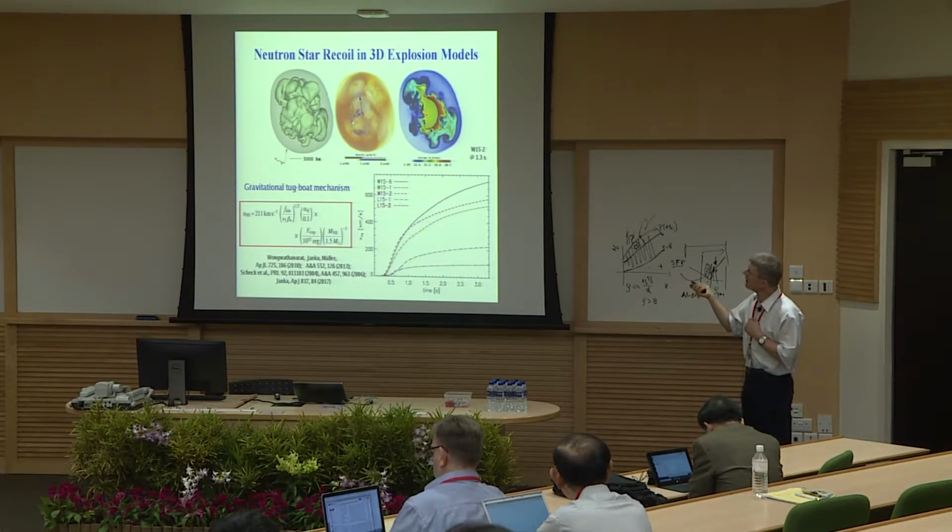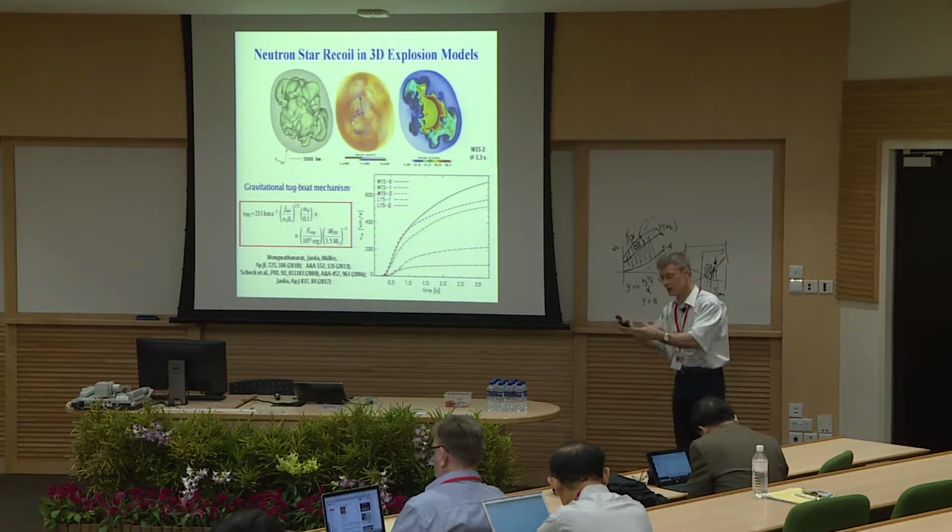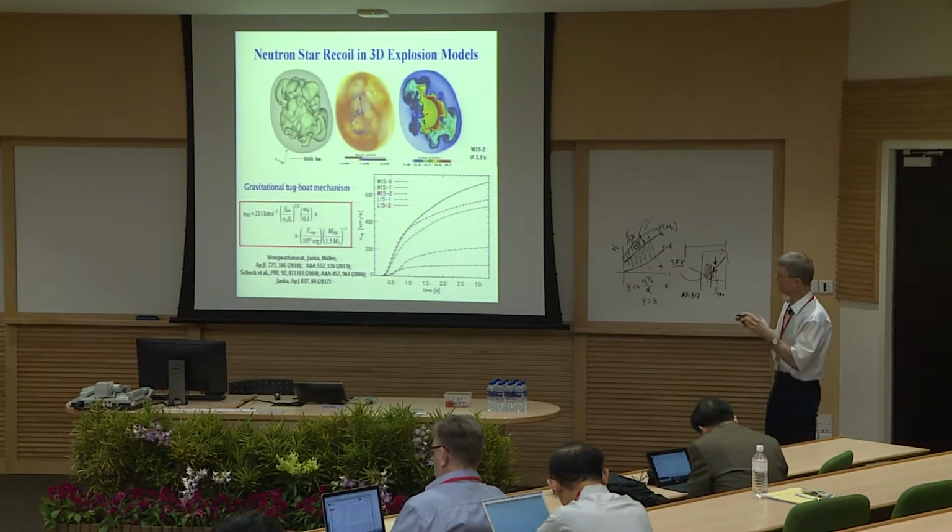We see the neutron star actually being kicked in the direction opposite to the stronger explosion. So here's a strong explosion. The neutron star receives momentum in the opposite direction. And we calculated a set by triggering the neutrino explosion mechanism in a bit simplified way, not all the neutrino